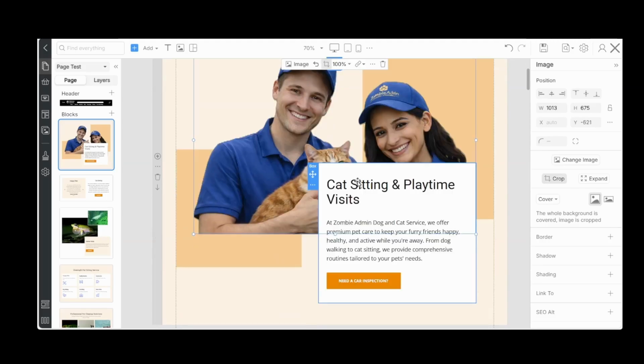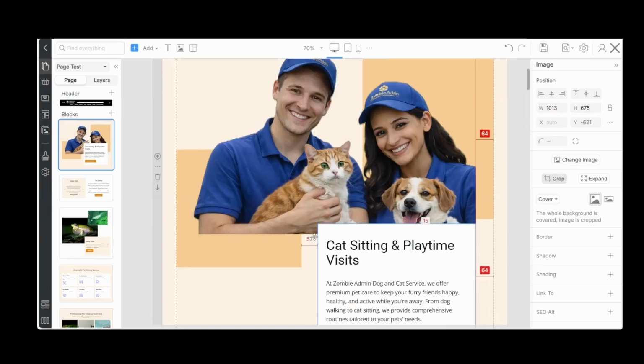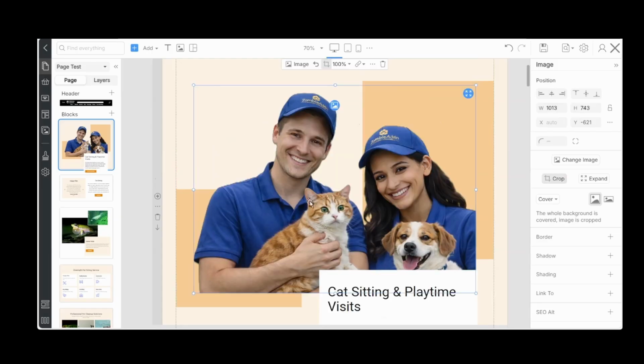Can't see the dog, so let's bring this down to right about there. And I think I'm going to add a little bit of image. That looks pretty good.